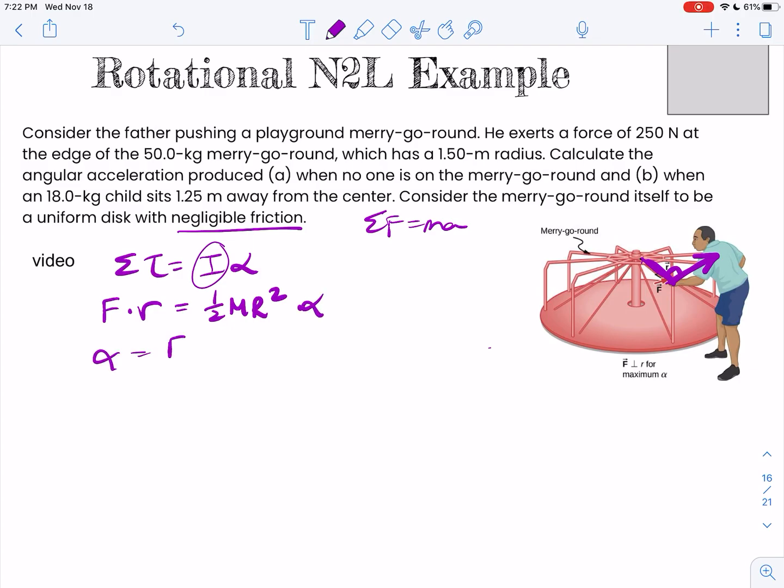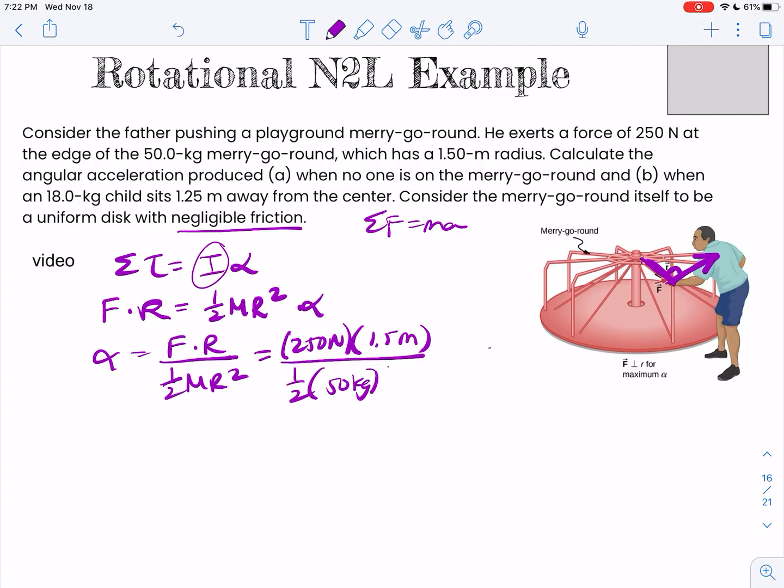So then alpha is going to be F times capital R over 1/2 mr squared. I'm not going to cancel those R's, although I could. You'll see why in just a second, just to make it easier later. So 250 newtons times 1.5 meters over 1/2, 50 kilograms, 1.5 meters squared. So on the top, I'm going to have 250